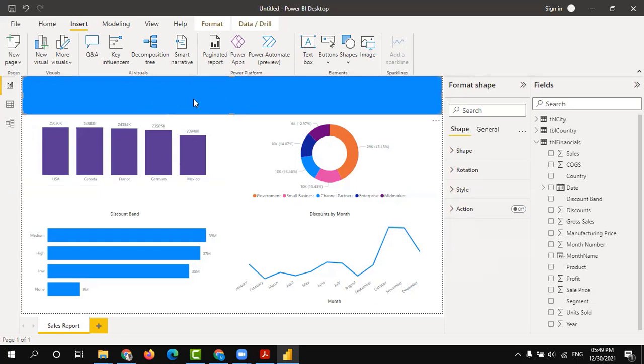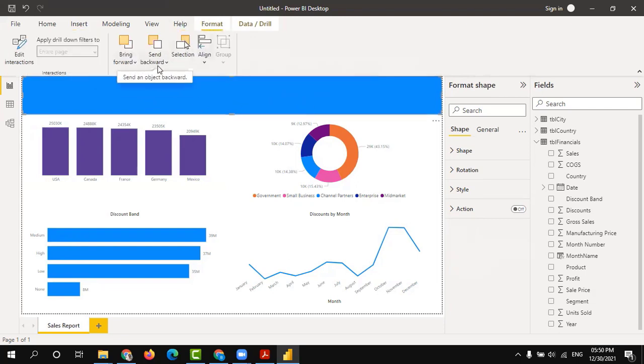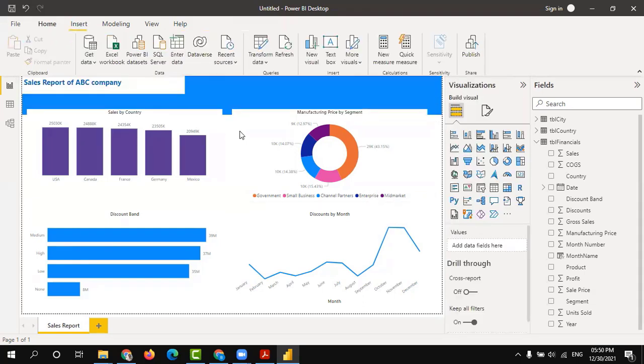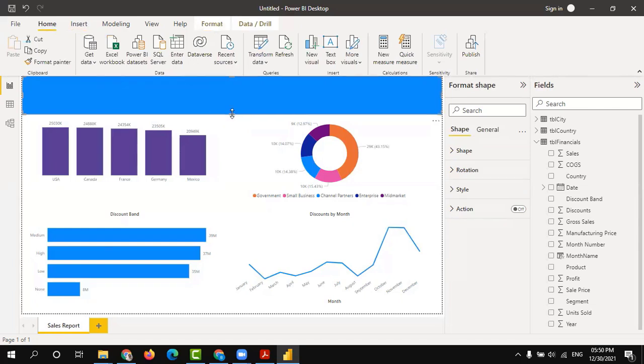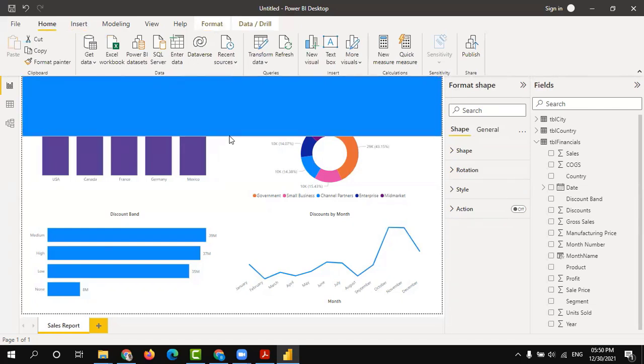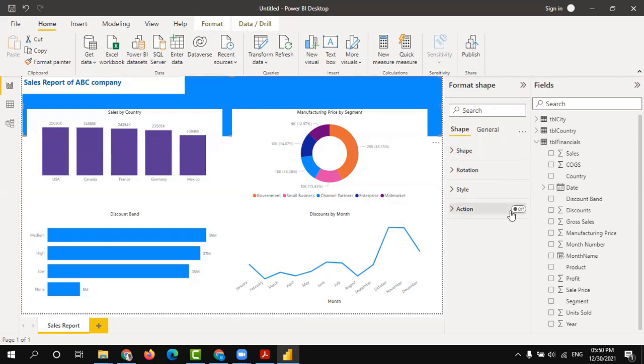If you want to send this behind the text or the dashboard title, select that object, go to format, and send it to back. Now this object will go to the back and the text will come to the front. I'm just increasing the size, and also you can go and select the shape.